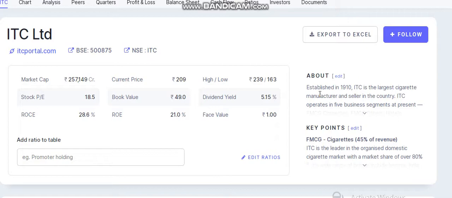So let us start. This is ITC Limited. If you go through itcportal.com, you will get to know their company website and all their details. Here I will tell you, this is the market cap